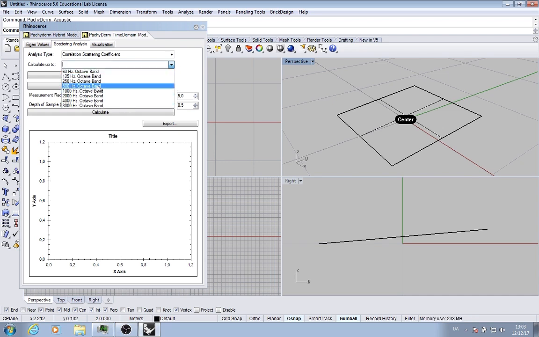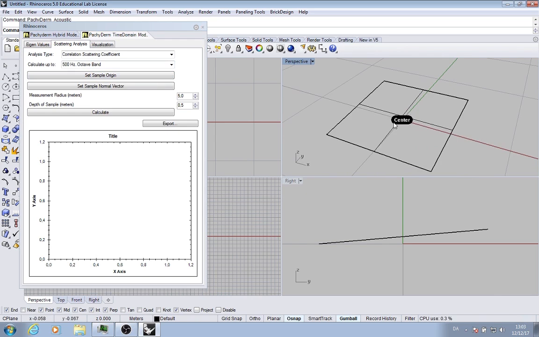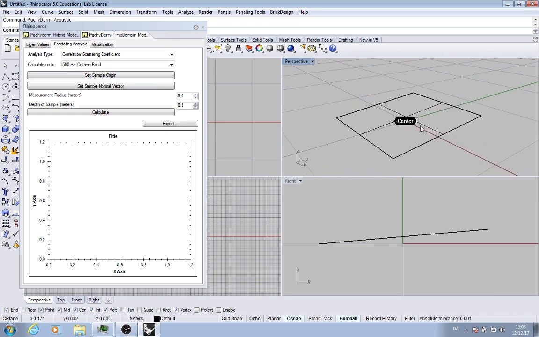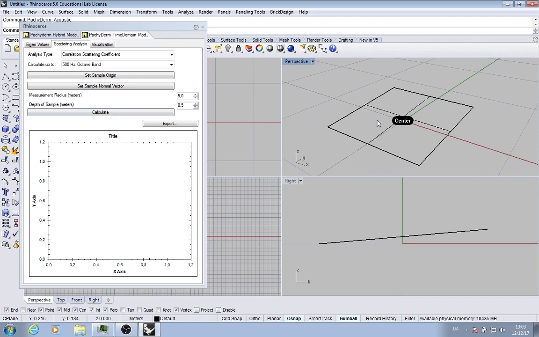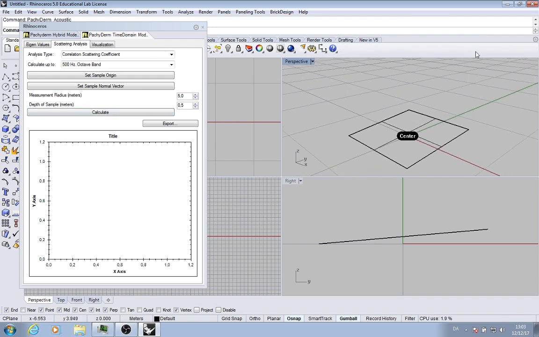Anyway, let's just put it at 500 Hertz at the moment. Then you can set the sample origin. You can see already that it has found the center because we've placed the geometry at 0, 0, 0. Try to maintain that, but otherwise you can set the origin somewhere else. We then need to define the wall around our specimen geometry. So we say the dimension of the element is 1 meter, so the radius is 0.5, and the depth is perhaps